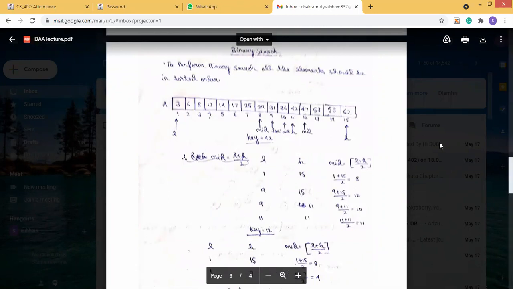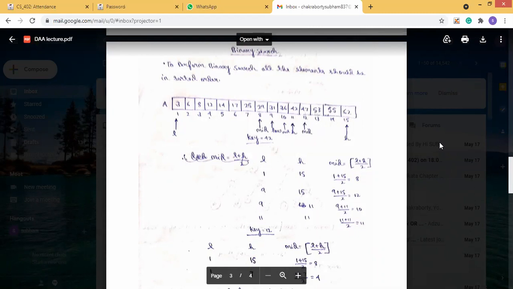So first, we will again find the low and high. During the first iteration, the low is on 1 and high is on 15. So 1 plus 15 by 2, that means 8. So our mid is at 8. Now in the 8 position, what value is present? 29. What value are we searching for?